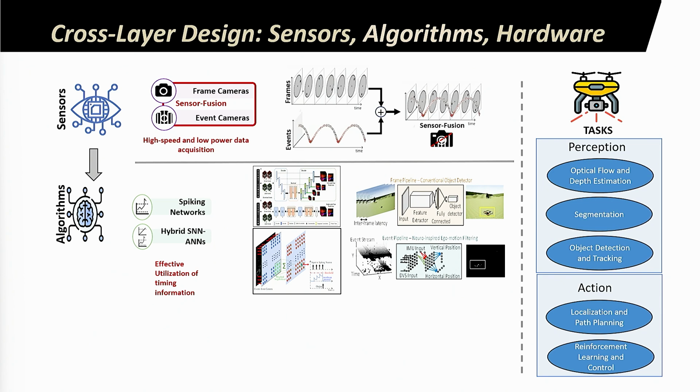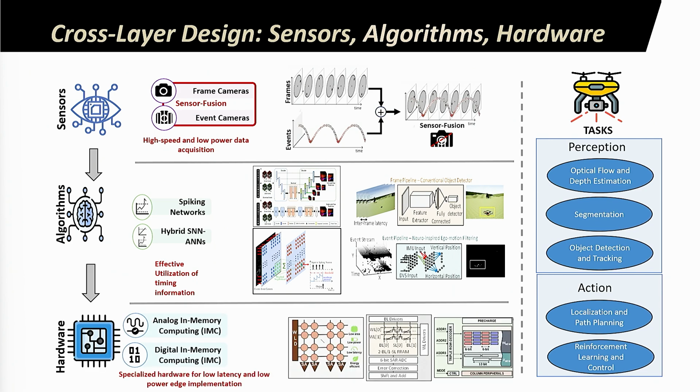And then finally, these network architectures, whatever I do, have to be implemented in hardware. And what should the hardware be like? Should it be like a standard GPU kind of architecture, which is von Neumann? Or should I really have compute in memory, and we'll go into that a little bit later on,